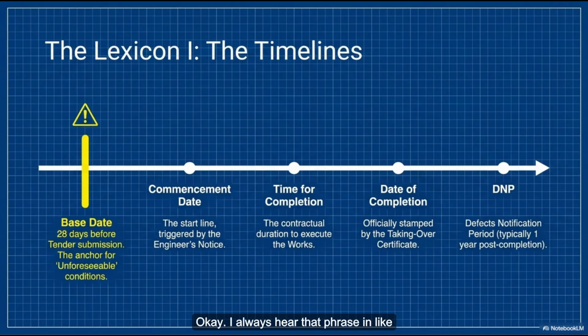Okay, I always hear that phrase in legal thrillers. Jointly and severally liable. Does that essentially mean the employer can treat these entirely separate corporations as one single entity when things go wrong? That is exactly the practical outcome, yeah. Let's look at the mechanics of it. The employer does not care how the joint venture divides the work internally, or how they split the profits. Right, exactly. If the local civil engineering firm pouring the concrete suddenly goes bankrupt, the German turbine manufacturer is legally on the hook to finish the entire project. Wait, including all the concrete work? Including the concrete work, or they have to pay the damages.